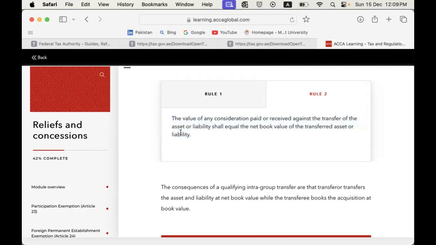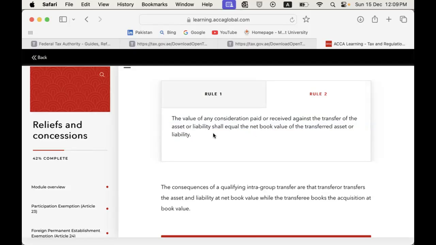Okay. Rule number 2, the value of... I think there is one more area we can look at. It is, for example, in the tax group, the carry forward loss of one entity can be offset against the other one, I guess. And the qualifying, yes, good point. Not the case yet. Good point raised. This is coming up. We will read what is that 75% rule. Soon we will read that.